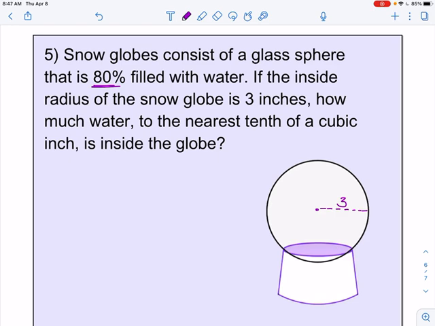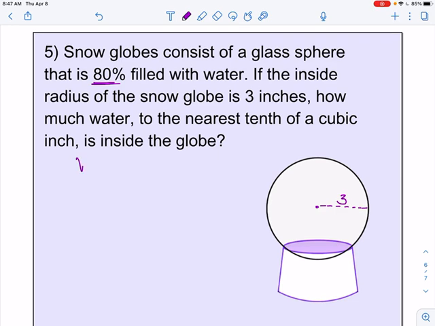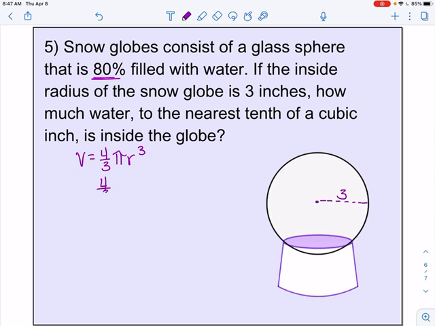A snow globe is really a sphere. So I need the volume of my sphere, which is four thirds pi r cubed. So I'm going to do four thirds pi. We know what the radius is. It's 3, and I just made the same mistake that I keep telling you not to. To the third power. We're going to end up rounding our answer here. When you put this all in the calculator, please make sure that you're using the pi key. You should get an answer of 113, I'll put it out 3 spots for the time being,